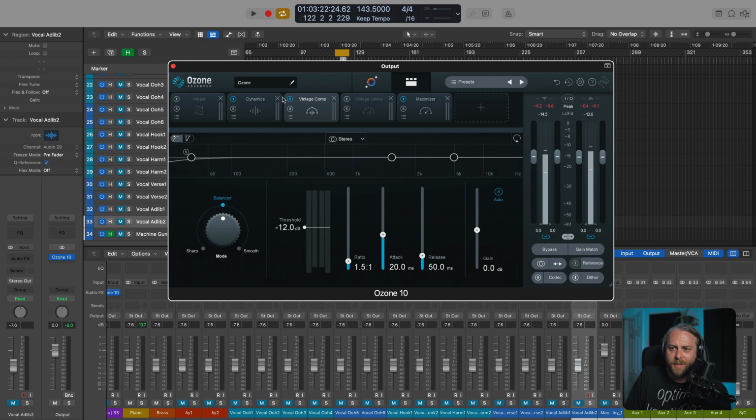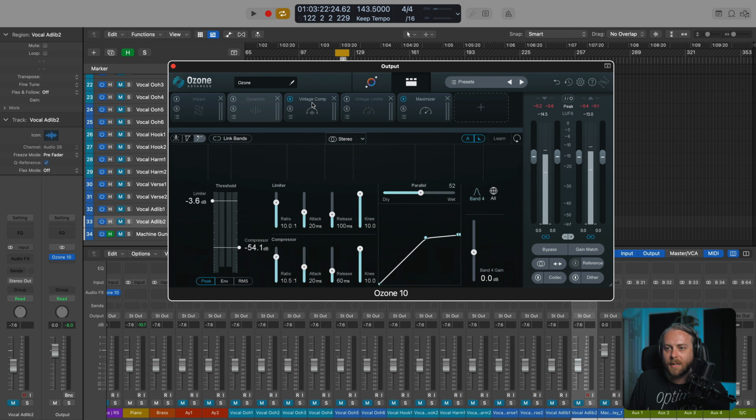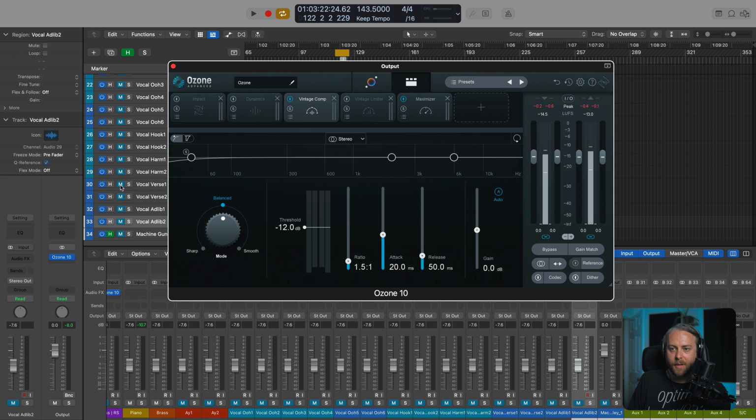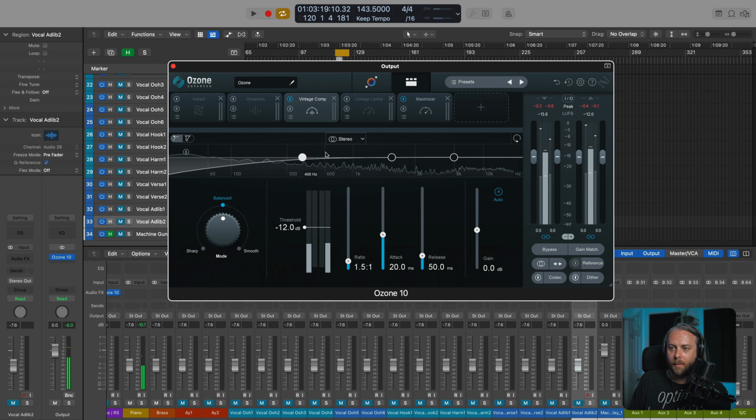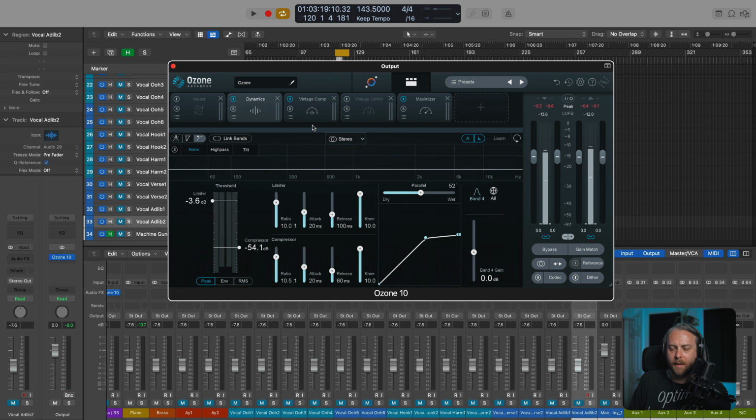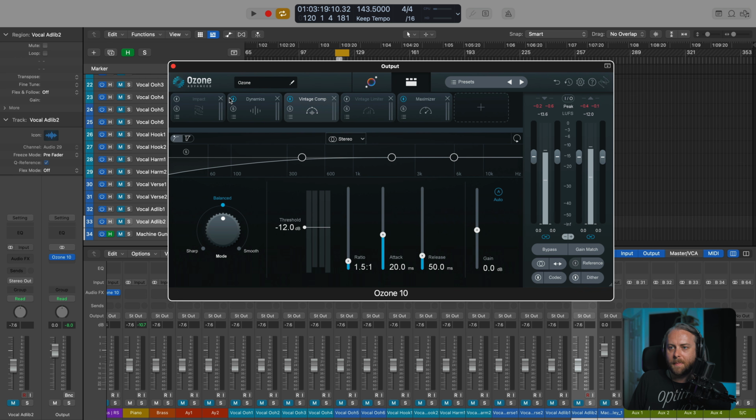Going over here, we have a much more simplified compressor. This is the vintage compressor. And right off the bat, you see the sidechain input right here. And we also have another gain trace. We can go mid-side or left and right. We could also do that if you didn't know that. I think I mentioned that here, mid-side on the compressor in the dynamics module. So let's just turn this back off.